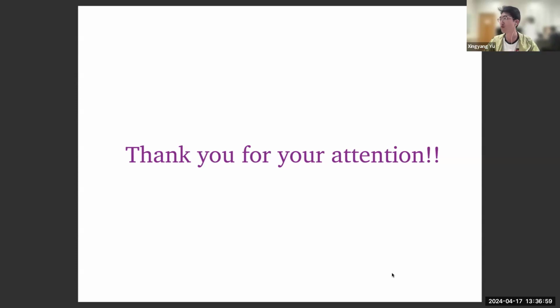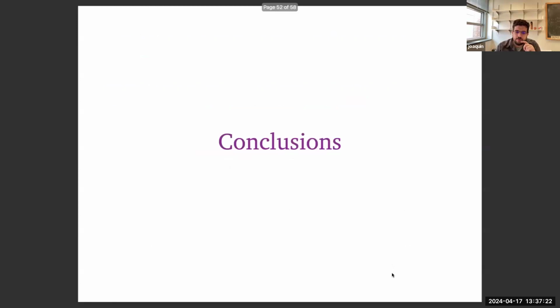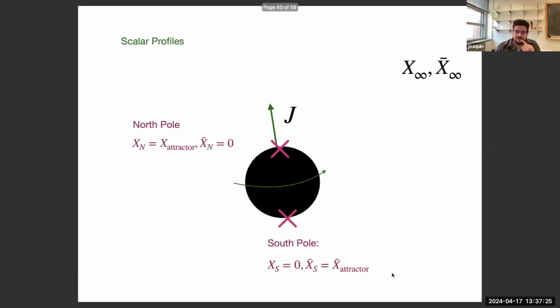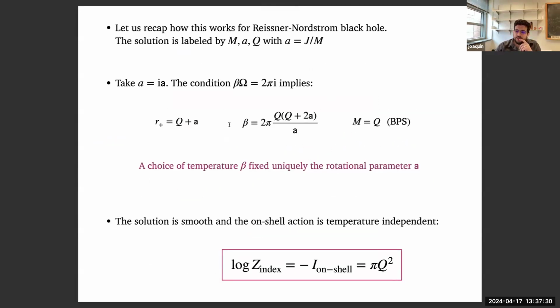Yeah, I have one question. Is there any similar computation or maybe some idea one can try in the Strominger-Vafa setup? Like I consider some D1 branes and D5 branes as the BPS states in the 4D supergravity. Yeah, I mean, this is for small black holes. So for Strominger-Vafa, you don't have to worry about it, because that's like the Reissner-Nordström case in a way. It's a case where the BPS black hole is big, and the